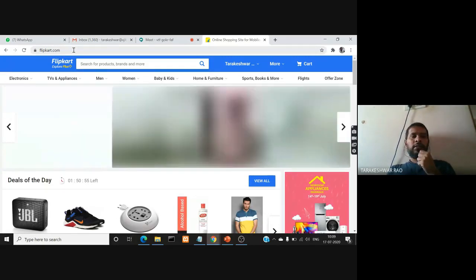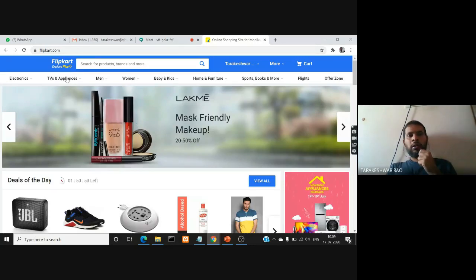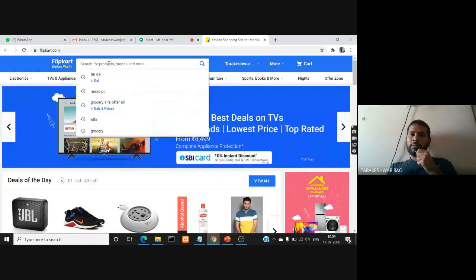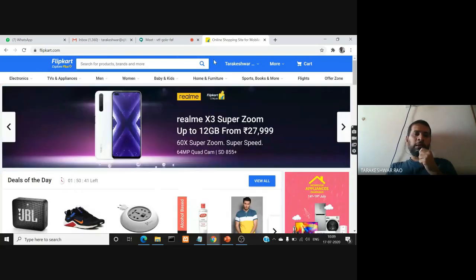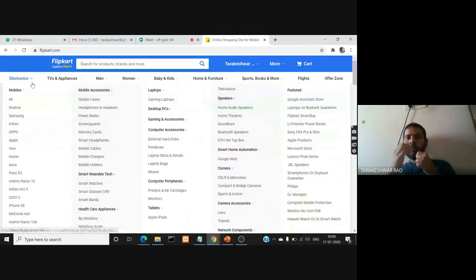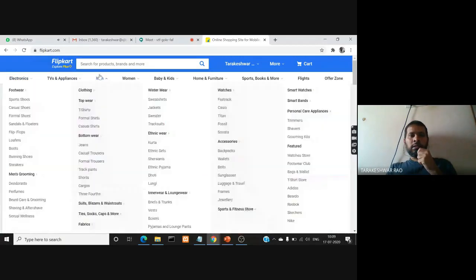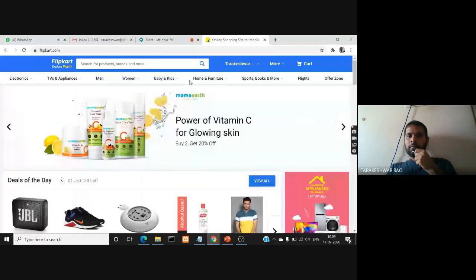From where you're getting this response, how this page is open now, how this graphical user interface is visible to you. It is showing me a search bar where I can search for various products I want to purchase from this application. And if you want to search based on categories, you have all these user interface components, right?